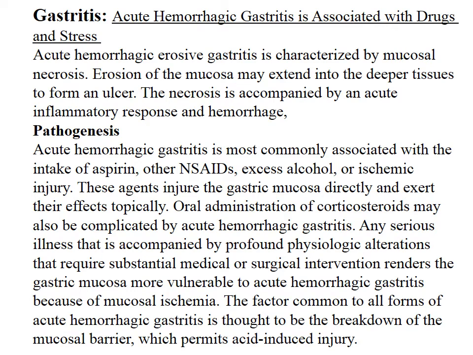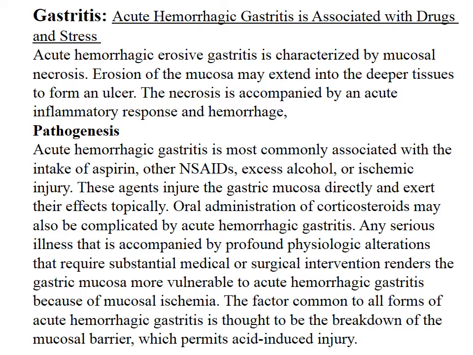Any serious illness that is accompanied by profound physiological alteration that requires substantial medical or surgical intervention renders the gastric mucosa more vulnerable to acute hemorrhagic gastritis because of the mucosal ischemia. This is what we call stress ulcers. The factor common to all forms of acute hemorrhagic gastritis is thought to be the breakdown of the mucosal barrier, which permits acid-induced injury. يعني any condition which causes a weakness in the barrier between the mucosa, the epithelial cells,